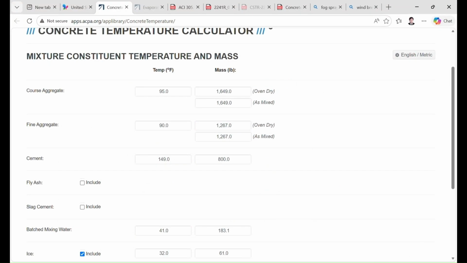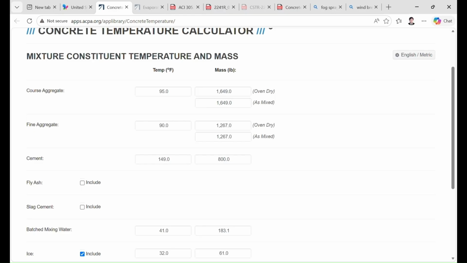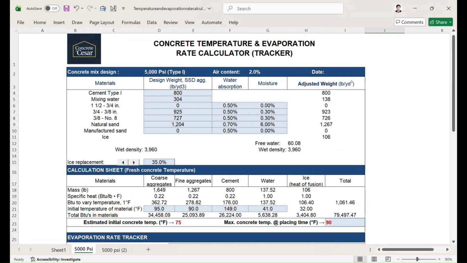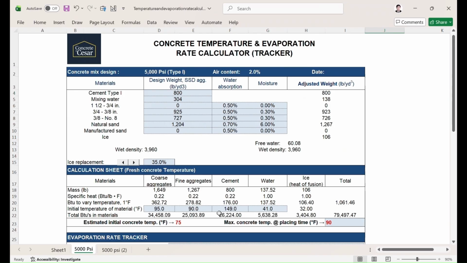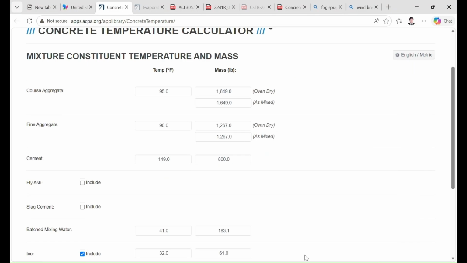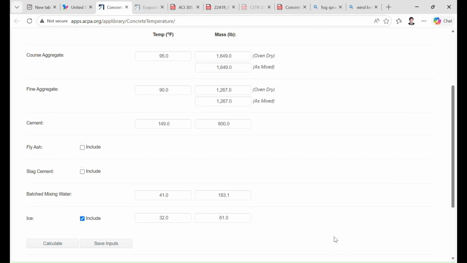Let's begin with the coarse aggregate 1649. Actually, I did it a while ago. 1649. The fine aggregates is 1267. Okay. And temperature is 95 and 90. Next, cement 800, temperature 149. And water, I have here, let's say,